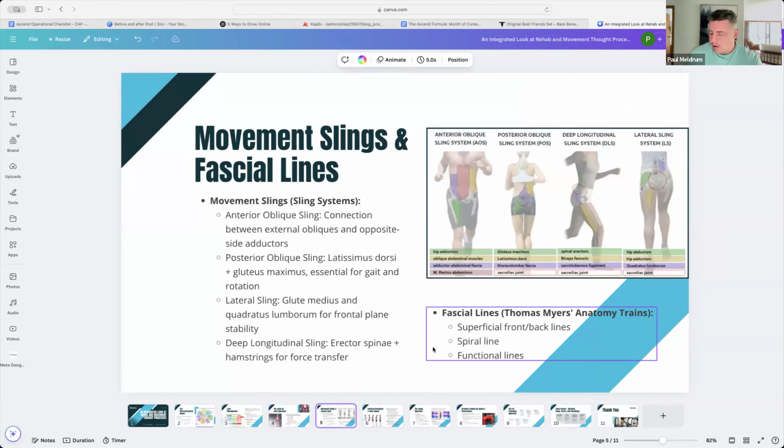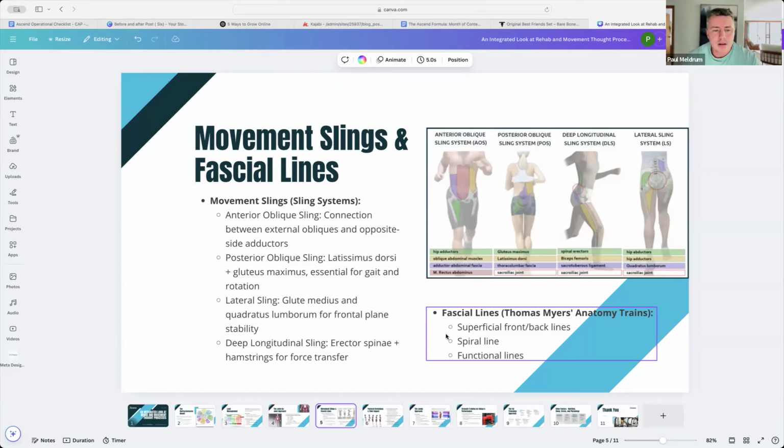Now, we've gone over these a bit in our last couple of calls. We've got the movement slings and fascial lines. So the way I always like to look at it is the movement slings create movement, the fascial slings absorb movement. Okay, so with most people's pain, if it's happening in the movement, we need to look at whether it is in the acceleration phase or the deceleration phase. I'm going to touch on this a lot more on Friday's call where we talk about the mechanisms of everything, because if we have the mechanisms of how things work, we can then create better solutions for people very, very quickly.